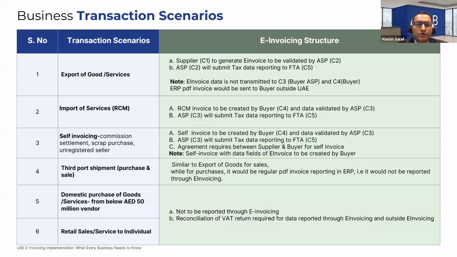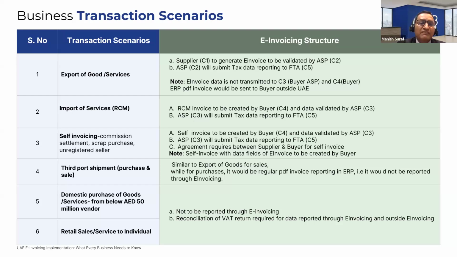So there is no supplier in UAE. This is coming through an RCM, and as was mentioned, we would need to have additional data fields created when you have RCM-based invoices generated in your system. So we need to identify what those additional data fields are and define that at the master level.